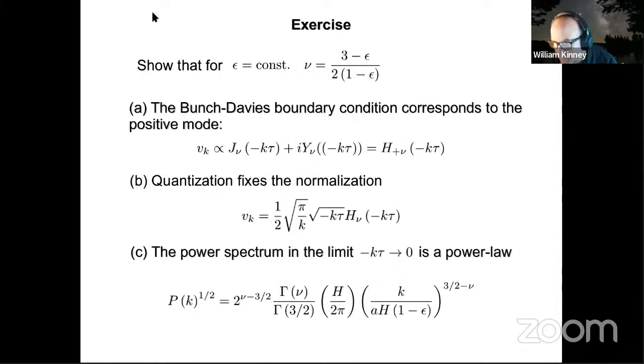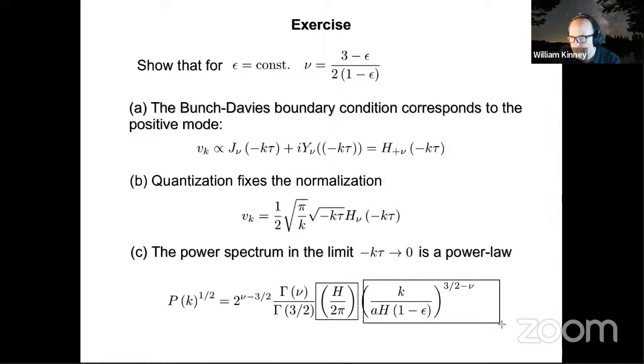So now, here's the point: in the limit when epsilon goes to 0, I have this factor of H over 2 pi out there. So this still even applies when epsilon is non-zero. But then I have this little bit of k dependence on the outside. And in fact, the k dependence of this function at asymptotic infinity is determined by the order of the Bessel function. And this is why it's this 3 halves minus nu that determines the k dependence of the ultimate resulting curvature perturbations, which is an input to LCDM cosmology, right?